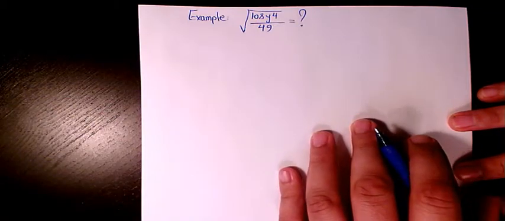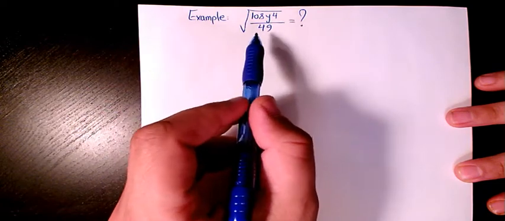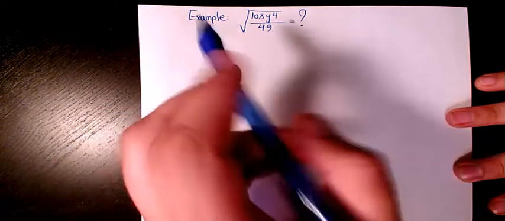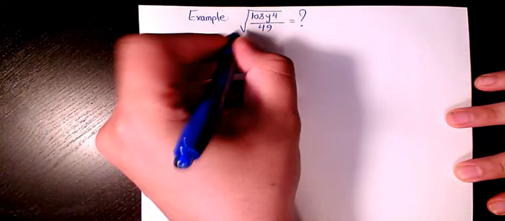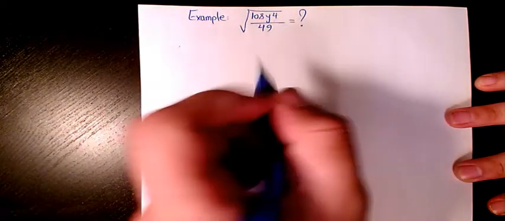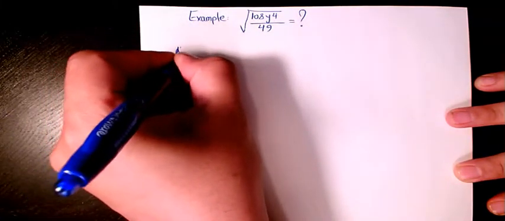In this video I want to show you how to simplify radical expressions. I'm going to give you different examples. First one is the square root of 108 y to the power 4 divided by 49. The answer will be